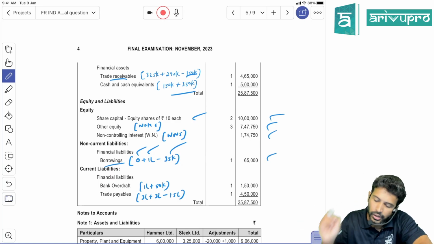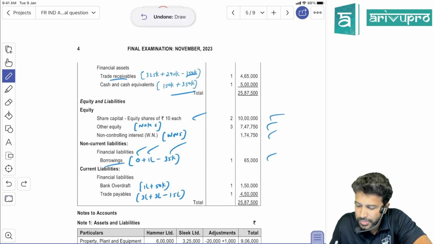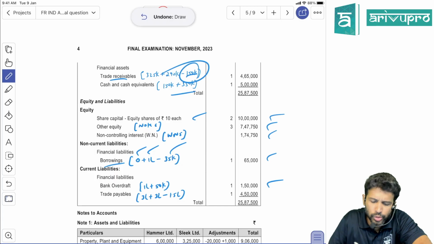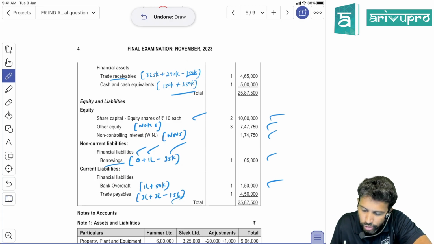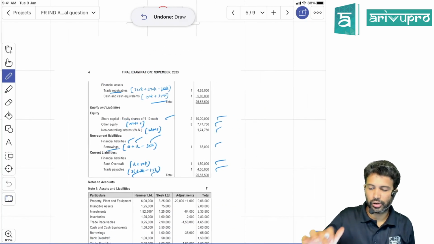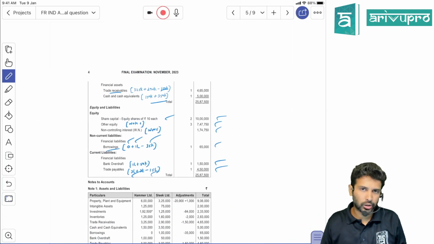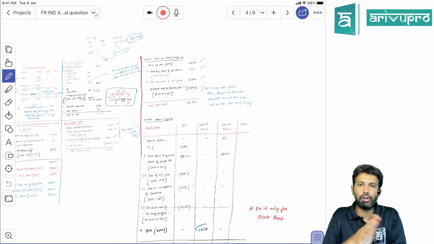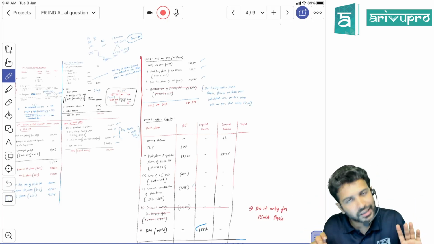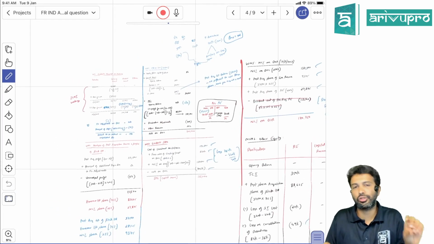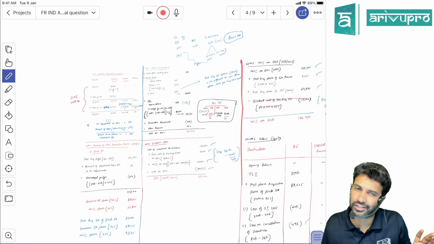Okay, sir. Done. Bank overdraft, no adjustment, straight away addition. Trade payable, mutual owings. From debtors also you reduce 150, so from trade payable also you reduce 150 and your balance sheet will match. That's all. So one or two adjustments are little controversial according to me. But make the same assumptions as we have written here. Do not change that, because unless ICAI modifies the things, if you do slightly differently here and there, there is a risk of losing some marks and we don't want that.